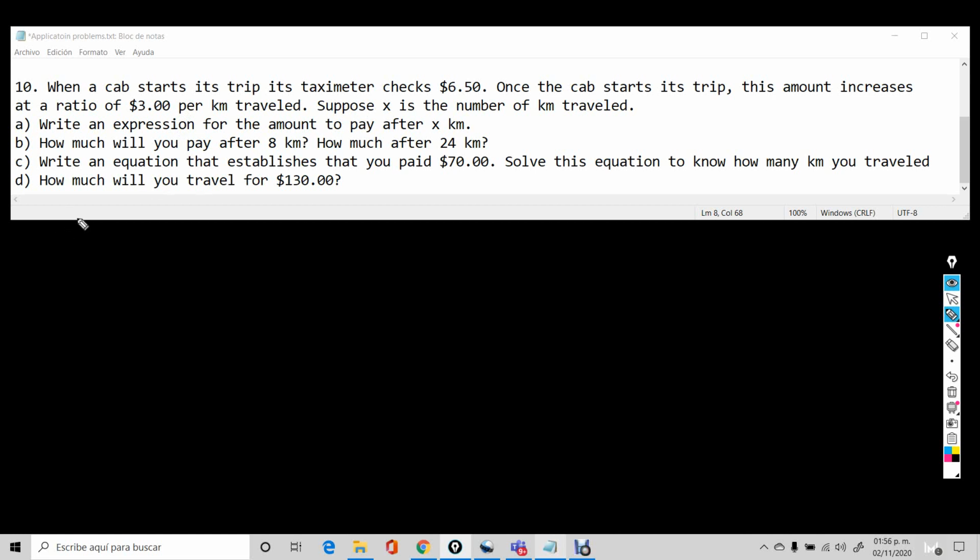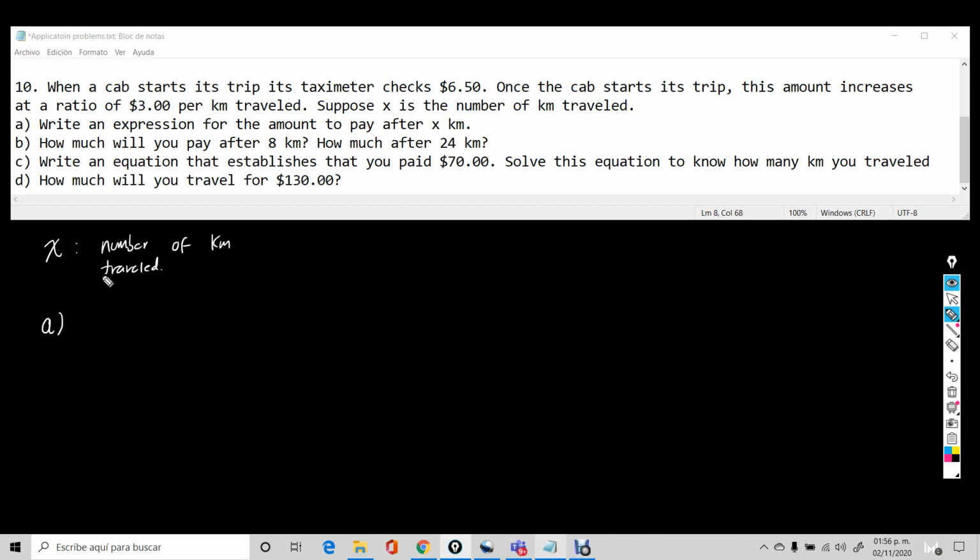Remember one more time, X. What does X mean in my problem? X means the number, I think this is a better word, number of kilometers traveled. Okay, perfect. That's what X means. So task A, write an expression for the amount to pay after X kilometers. All right. So task A,